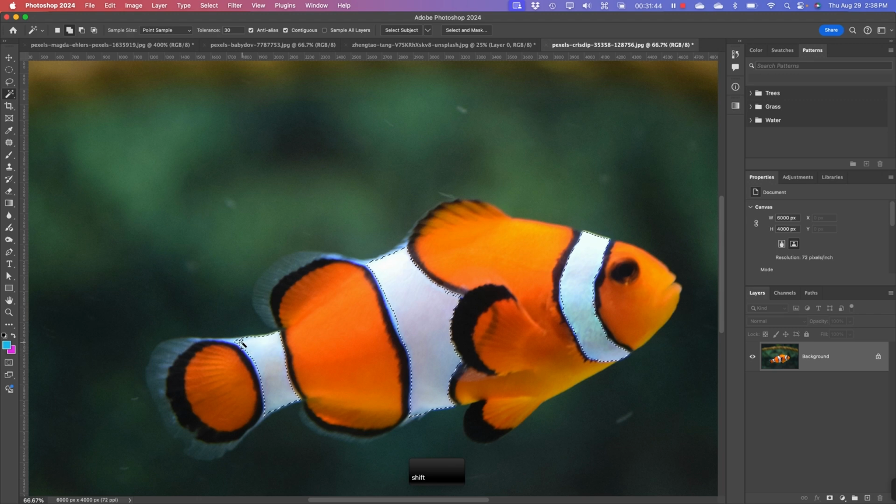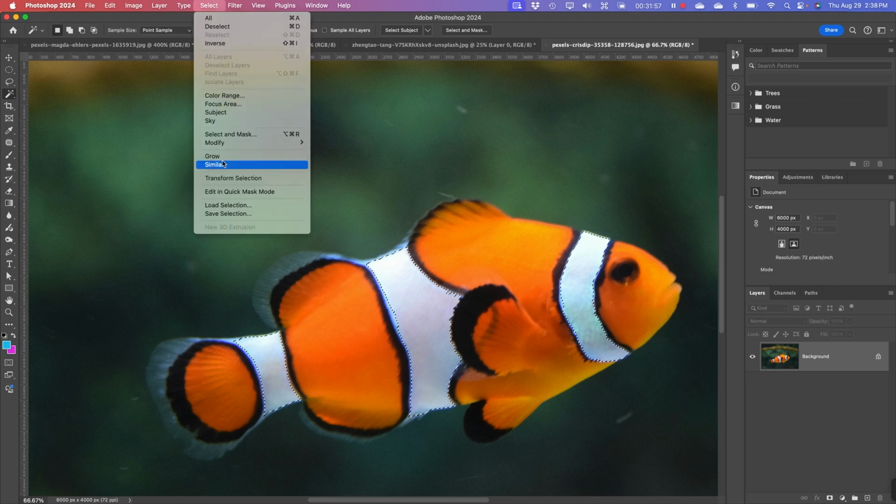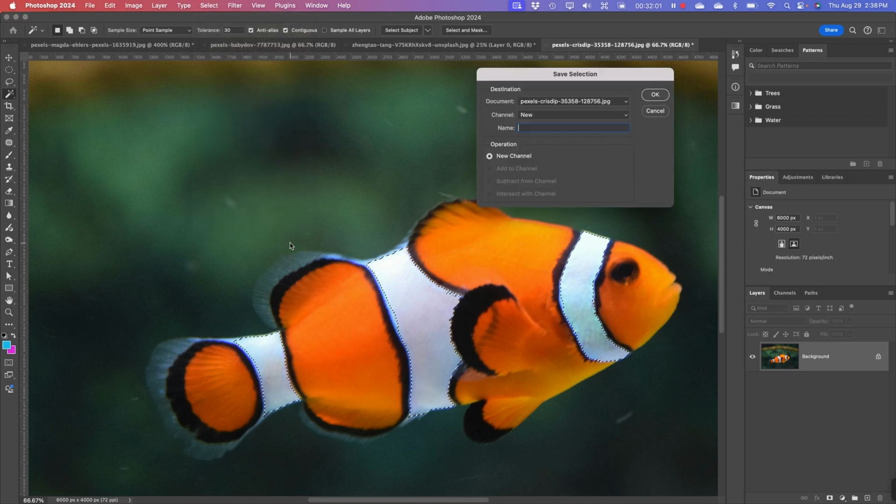Whatever I'm doing here can always be done better. I'm just trying to do them quickly so I don't take forever trying to fine tune. But I've selected just the white areas. I can go back up to my select menu, save this selection, fish white,